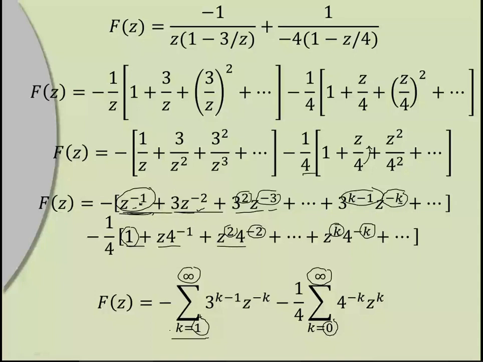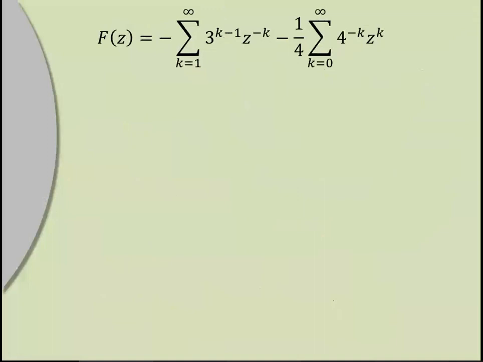Now, we want the coefficient of z raised to minus k. So here the coefficient of z raised to minus k gives us f of k. But here we have the coefficient of z raised to plus k. So this gives us f of minus k. And here, negative powers, so this gives us f of k. For negative powers of z, the coefficient is f of k. For positive powers of z, it is f of minus k. You can take f1, f2, because both these are two different functions. So you can take the first term as say f1 and the second term say f2.